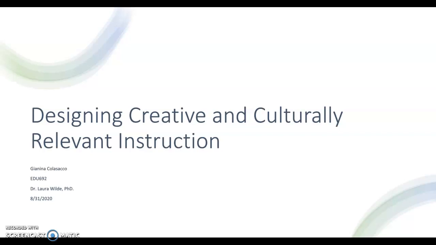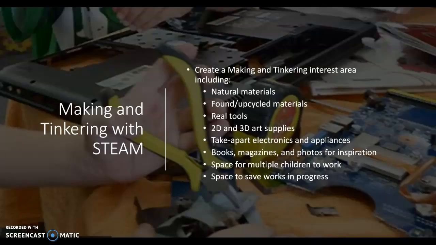This is my EDU 692 final, Designing Creative and Culturally Relevant Instruction, presented on August 30th, 2020. And the idea that I would like to present to bring into my classroom is an area for making and